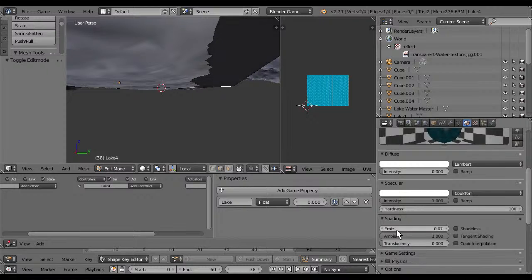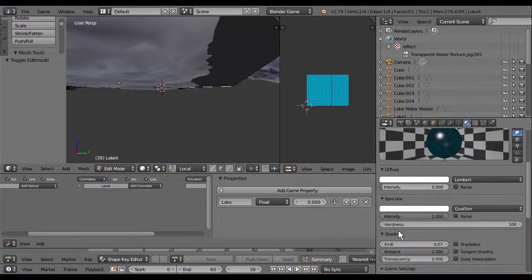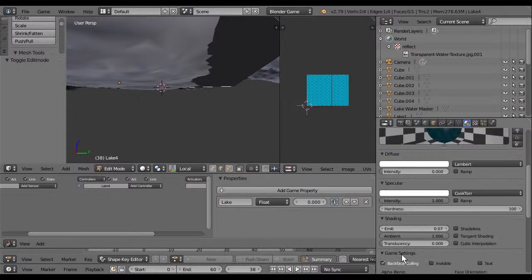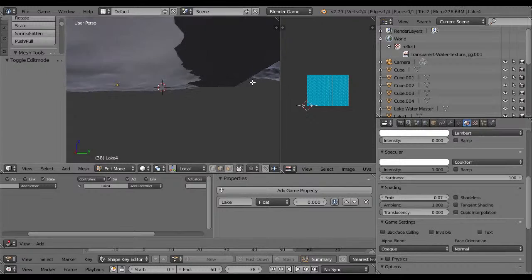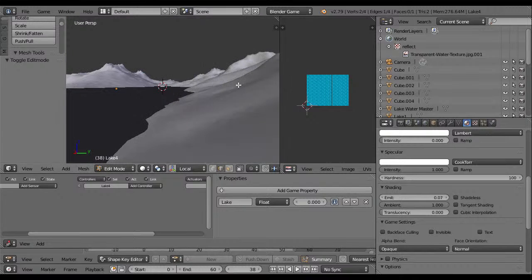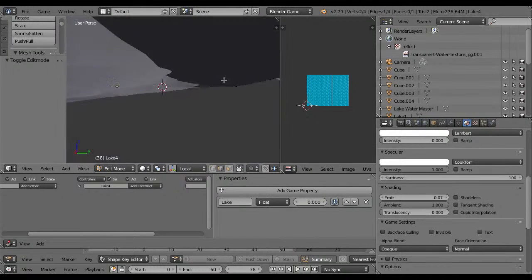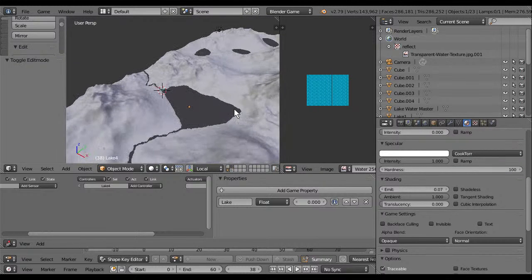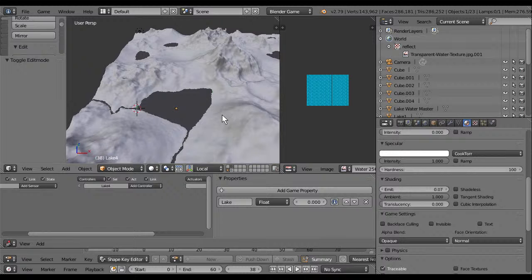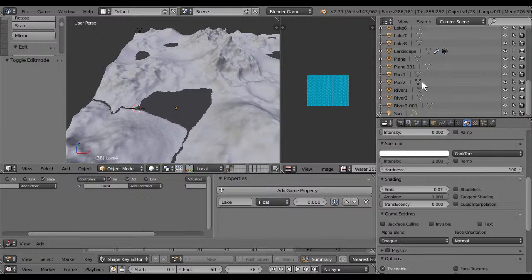Just game settings. Go back to the schooling. What the shit. Oh boy. I need to move this landscape somewhere else.